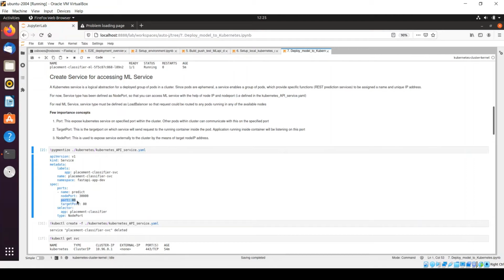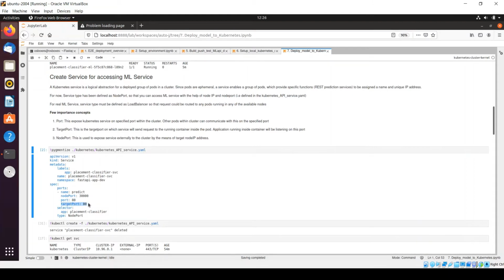So port is used to expose your Kubernetes service for any application running inside the cluster, so that other pods within the cluster would be able to communicate to this service using this definition of port, right? So that is useful for any communication happening inside my cluster, so that other pods who will try to access this ML API can reach this port and will access the ML API endpoint, right? So that's the purpose of port.